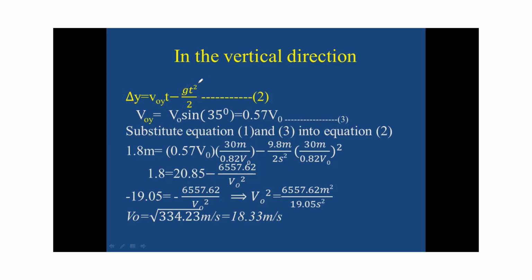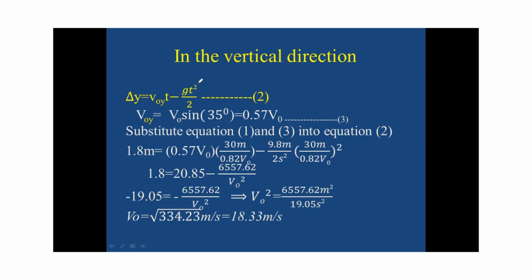When the object is moving upward, the change in displacement, the change in y, is positive because the final point is greater than the initial point. Change means final minus initial. When an object is moving down, the change in displacement is negative because the final point is less than